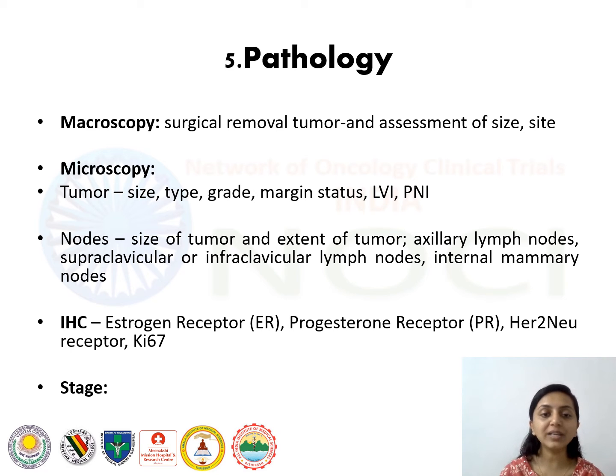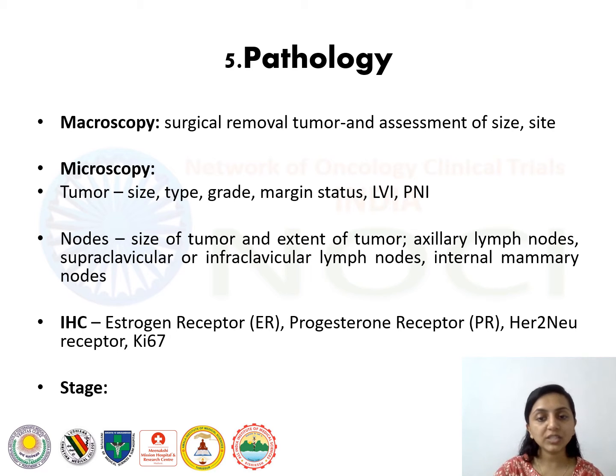Grade 1 is well differentiated, that is the cells are more or less similar to the normal tissue, whereas in grade 3 it is a higher grade of the tumor, that is the cells are more immature and more prone to develop an aggressive stage of the disease. And the margin status, that is once the specimen is removed, we need to assess if the tumor is involving the specimen or if a little bit of the tumor is left behind in the normal tissue as well.